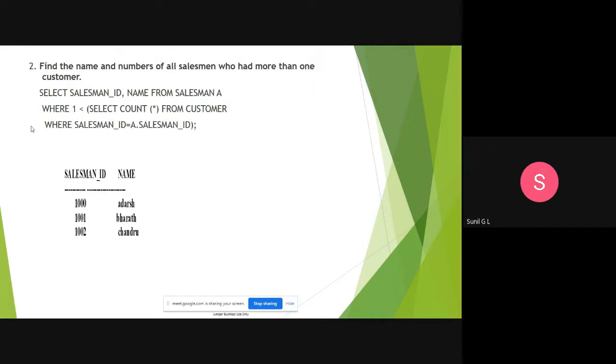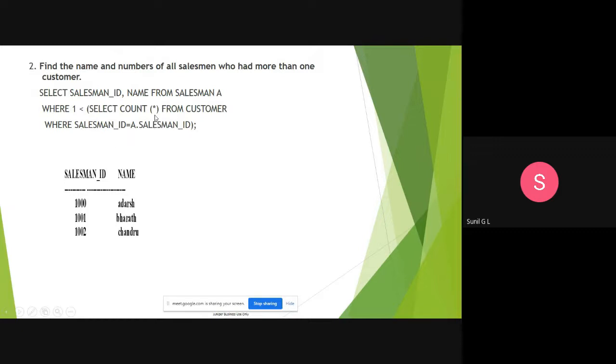So for that, we are selecting the salesman ID and the name from the salesman table where the count of customers should be greater than one. It means that for that salesman, the count of customers should be greater than one. So we use select count star, which counts the rows, from the customer table where salesman id is equal to a dot salesman id. Here a is nothing but the alias name for salesman. A dot salesman id is equal to salesman id from the customer table.